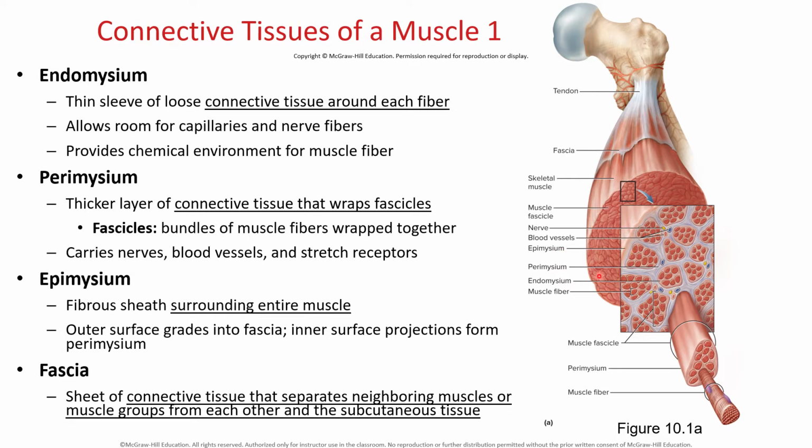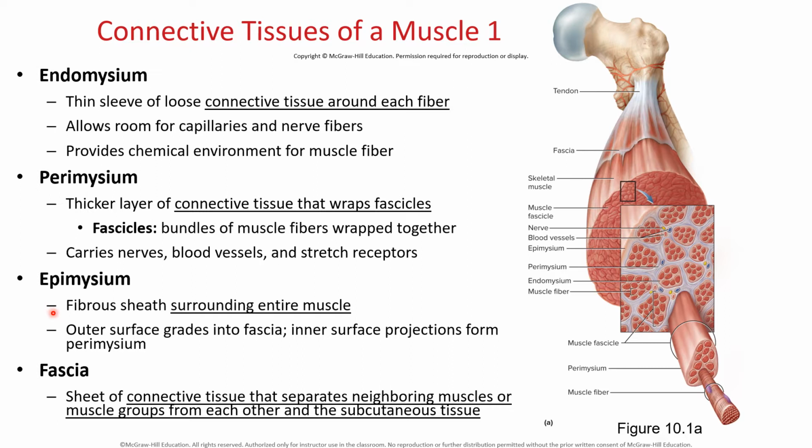Then we have the perimysium, which is going to go around a fascicle, or a bundle of fibers. And then if you look even closer, we have the endomysium, which is going to be around a single muscle fiber. So there is a pattern here: epi, peri, endo, going from the outside in, just like we have the same pattern with the connective tissue